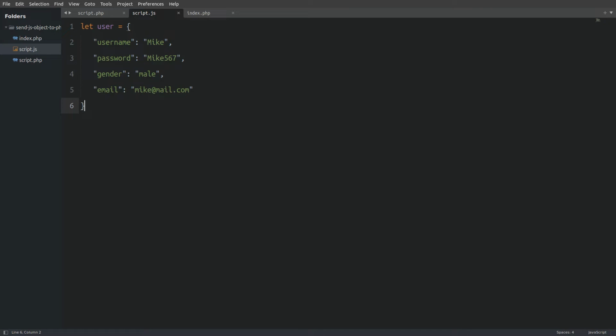Hey guys, let me quickly show you how we can send a JavaScript object to a PHP file. I have a JavaScript file open in my editor, and inside I have an object named user. The user object has a username, a password, a gender, and an email property. Now to send this object to the PHP file, which is the script.php file right here, we are going to